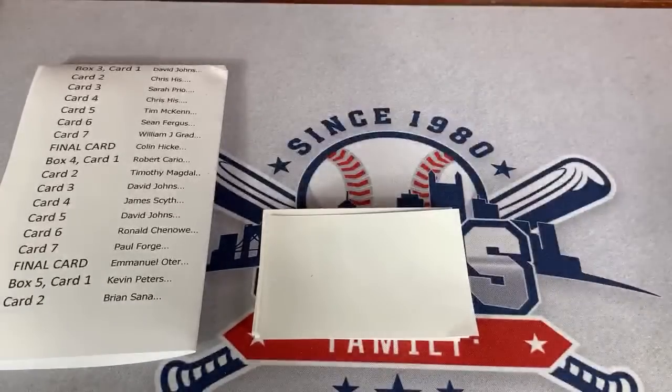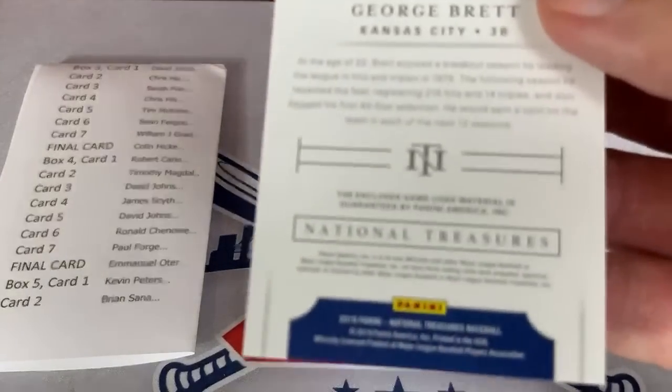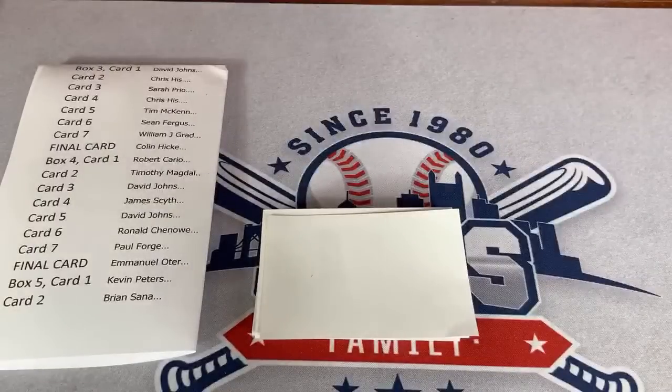I believe it's game used. Let me check the back. Flip it over for you. It is focused for me. There it is. It is game used. Very nice for James. George Brett,